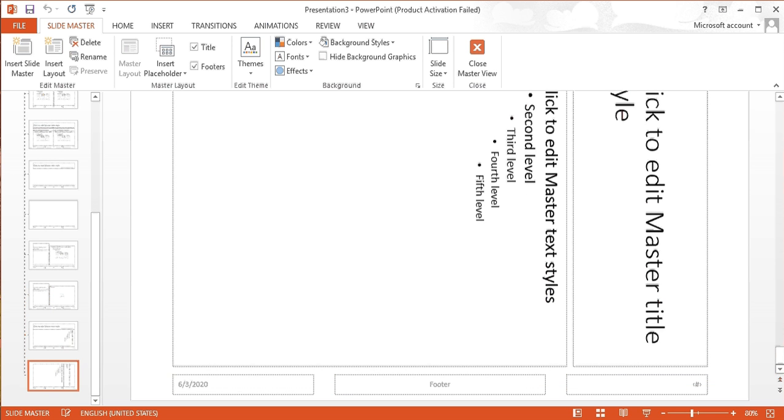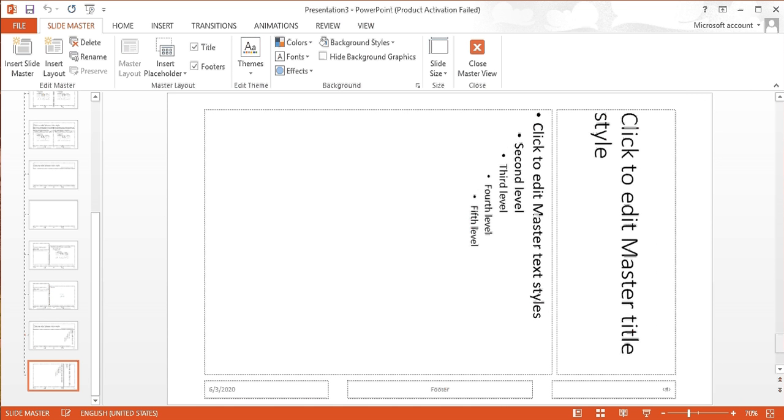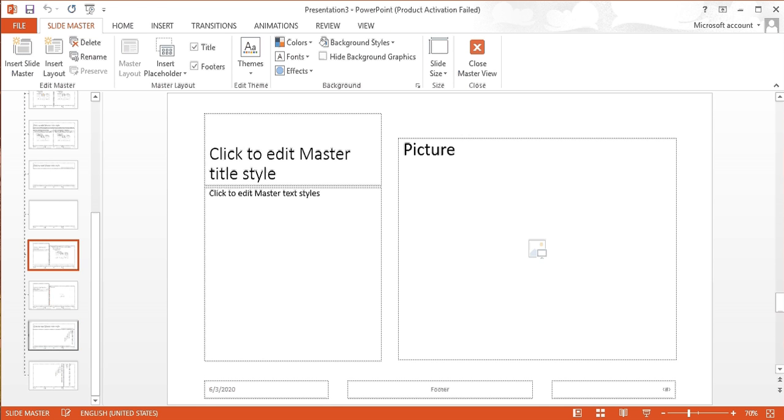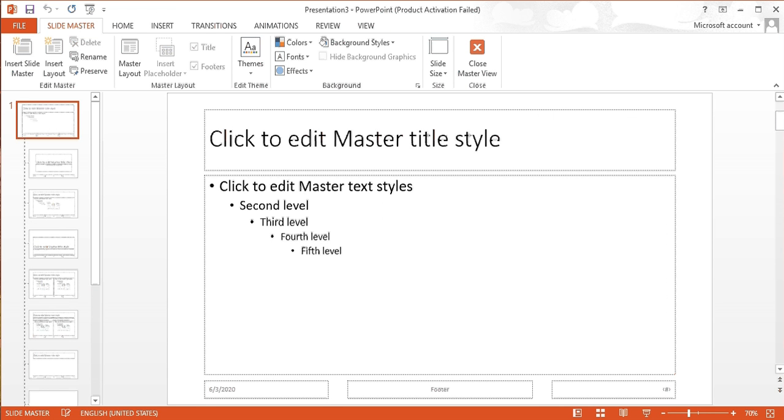And you can see here there is a footer in which you can easily give the date, footer and anything you want. And this is a title.